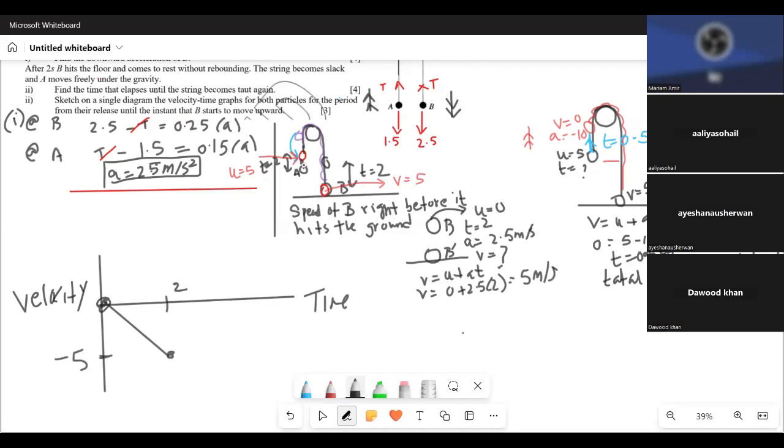अब फॉर ए, उसकी टोटल जर्नी में काफी सारी वेलोसिटीज हैं एट सर्टेन टाइम्स। तो फॉर ए टाइम 0 पे, जब ये क्वेश्चन स्टार्ट हुआ था तो टाइम भी 0 था और वेलोसिटी भी 0 थी, तो मैं इसको इधर प्लॉट करती हूँ। अच्छा, फिर 2 सेकेंड्स तक इसने 5 मीटर्स पर सेकेंड की स्पीड ले ली। तो अब क्योंकि ये ऑब्जेक्ट ऊपर जा रहा है तो मुझे इसकी वेलोसिटी को ऑपोजिट डायरेक्शन में शो करना है, क्योंकि बी पार्टिकल नीचे जा रहा था और उसकी मैंने अंडर द ग्राफ शो की है, तो इसकी मैं ओवर द ग्राफ शो करूंगी क्योंकि वेलोसिटीज ऑपोजिट डायरेक्शन में जा रही हैं।